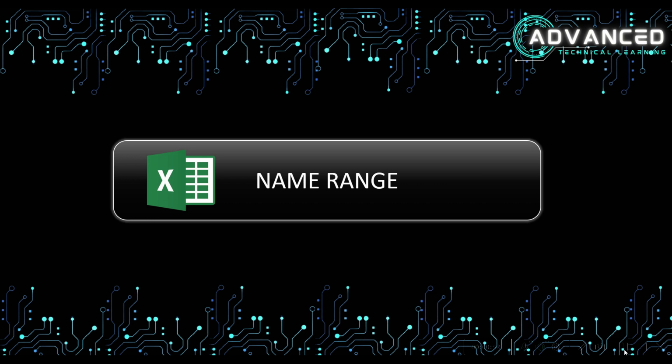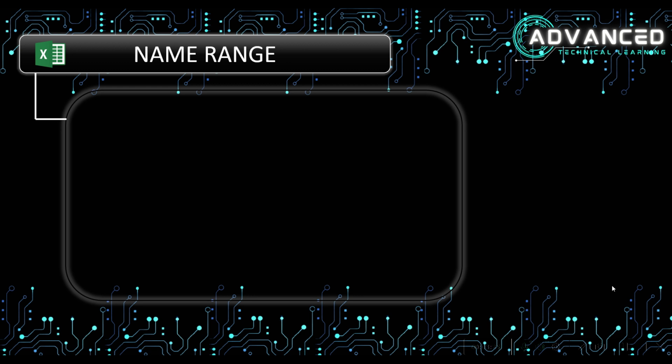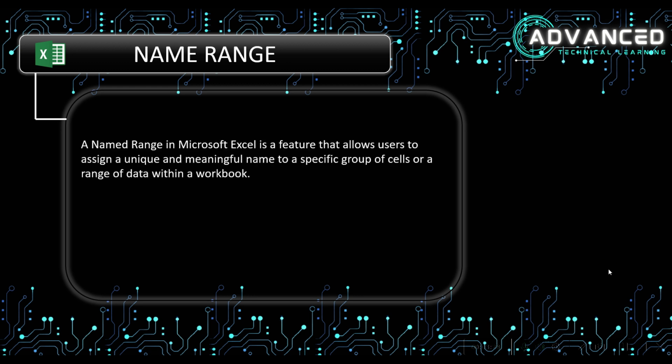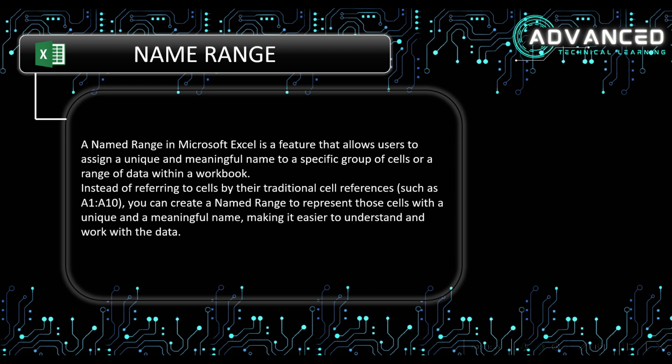In this video you are going to learn about name range. So let's understand what is name range. A name range in Microsoft Excel is a feature that allows users to assign a unique and meaningful name to a specific group of cells or a range of data within a workbook. Instead of referring to cells by their traditional cell reference such as A1 to A10, you can create a name range to represent those cells with a unique and meaningful name that will make it easier to understand and work